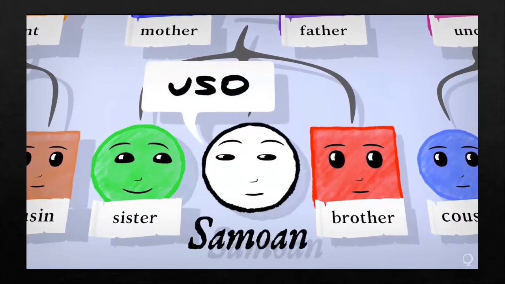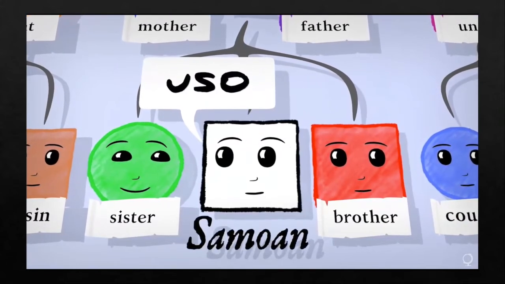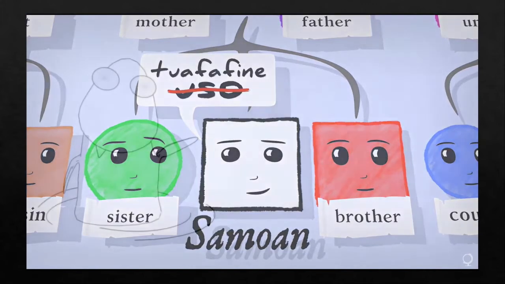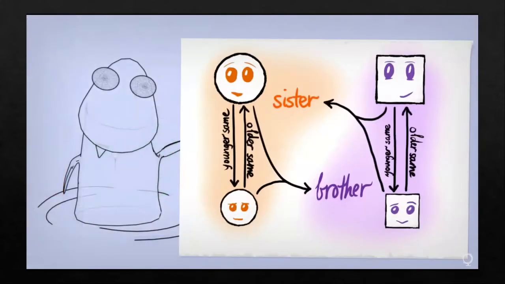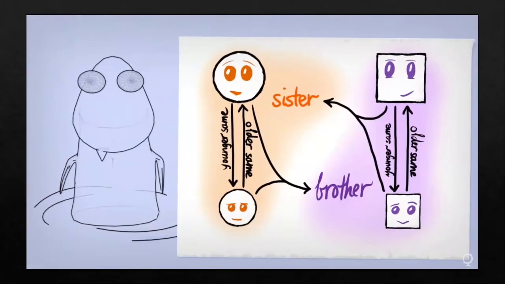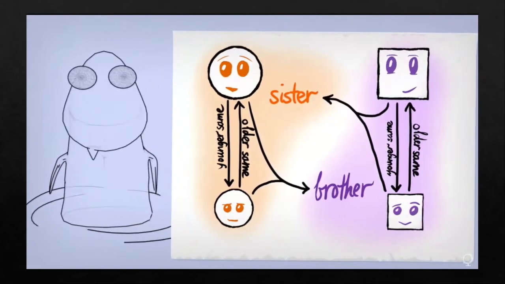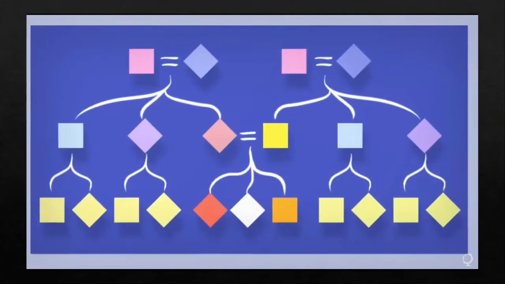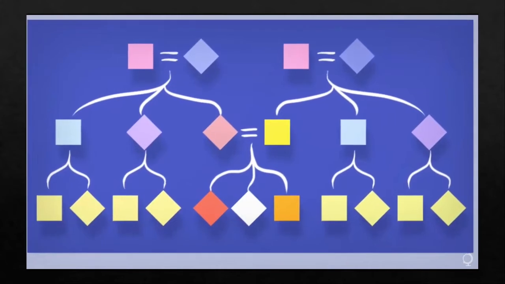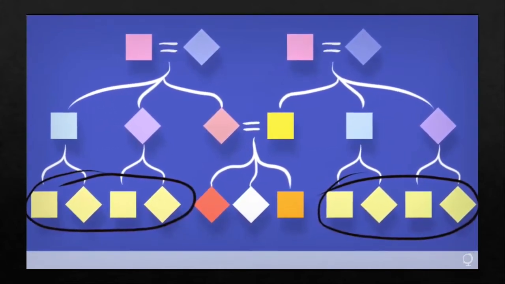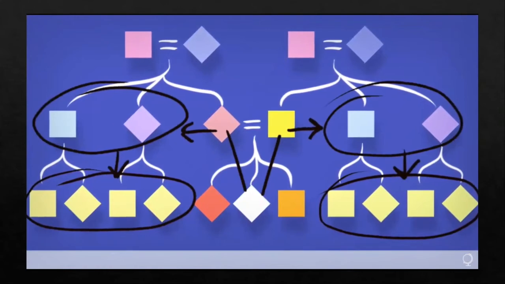Remember the Samoan word uso, sometimes shortened to us? That's for sibling sameness too. This can get confusing. Here, let me make you a chart. Save it and please review it before you ever try and translate brother or sister in a Malayo-Polynesian language. Notice how these two systems we've been using lump terms together. So many distinct people under the same word cousin. There's so many different people getting called auntie and uncle.